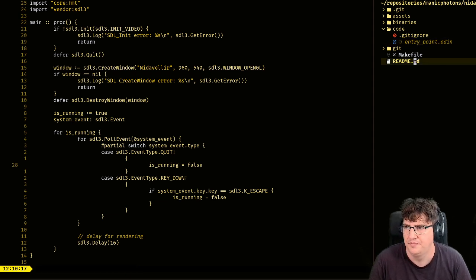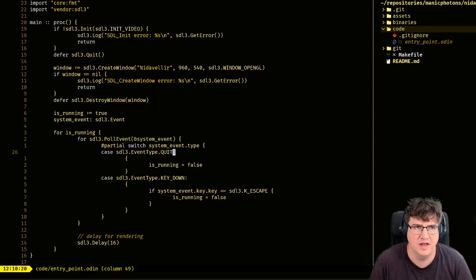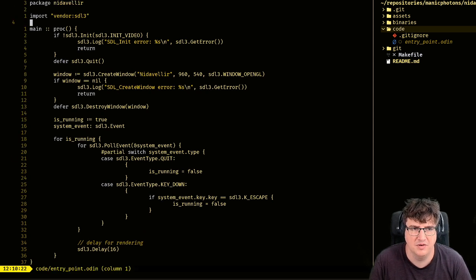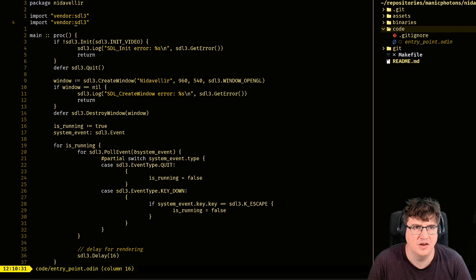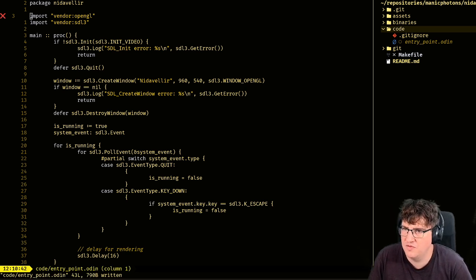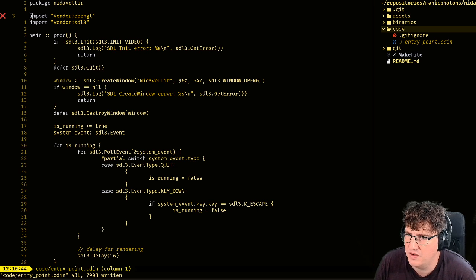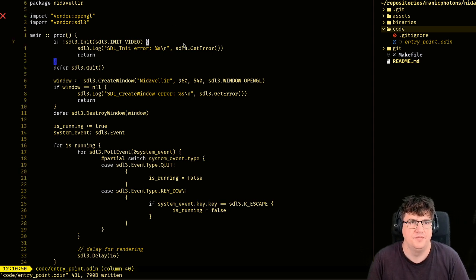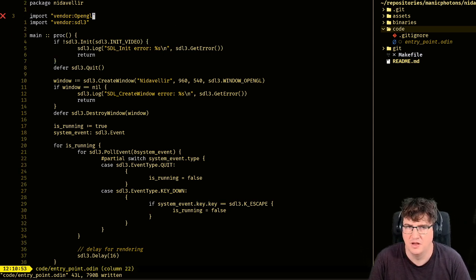So yeah, that would make sense. So I'm going to go over here. I'm going to take this out because we don't need it anymore, given we're using SDL3 input, SDL3 log for now. We're going to need OpenGL, which, as I say, will be switched to. We'll be switching over to Vulkan in the very near future. I think I have to do that.